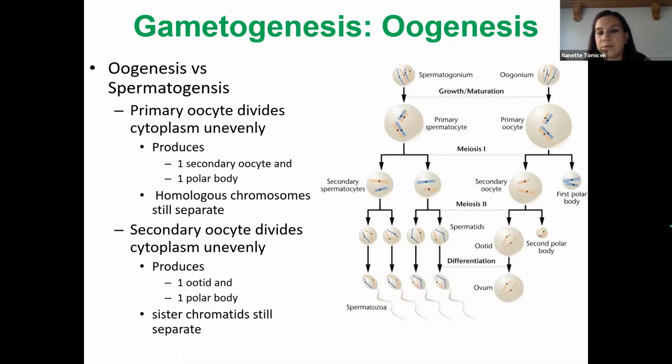Okay, now let's do oogenesis, and I will tell you where the rules are different. 1, we get a really uneven division of cytoplasm. So instead of ending up with 4 perfectly healthy gamete cells as we do in spermatogenesis, we only get 1 egg. We do end up stashing the extra chromosomes in what is known as polar bodies, but because the sperm and